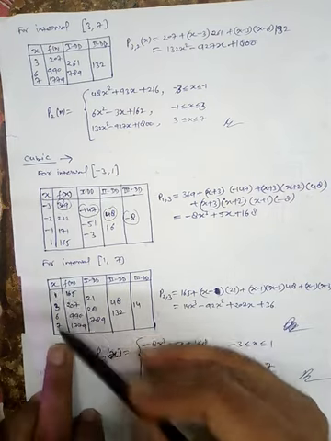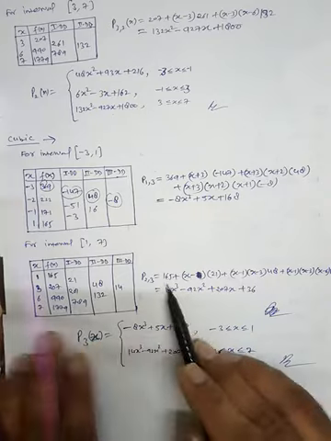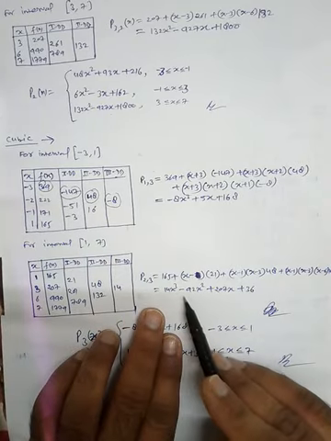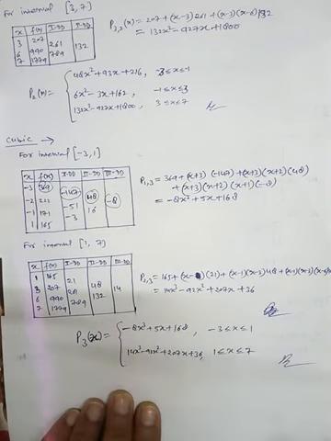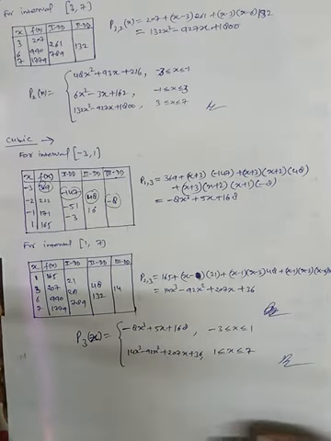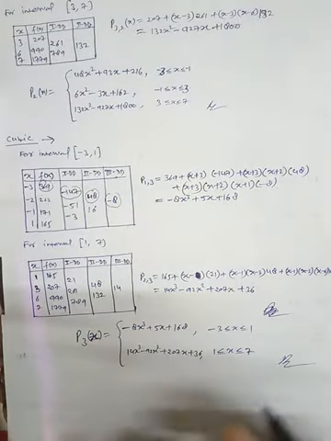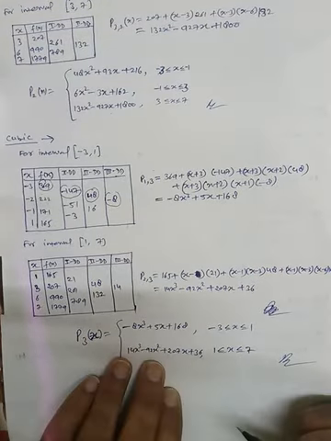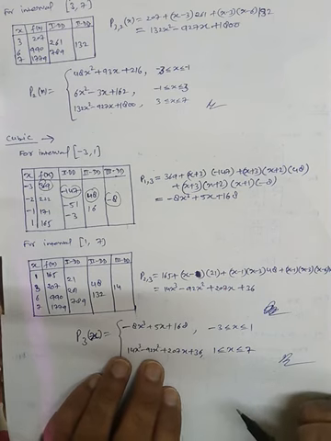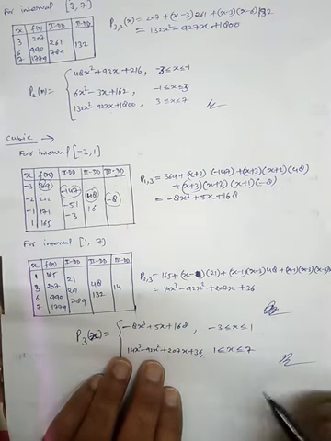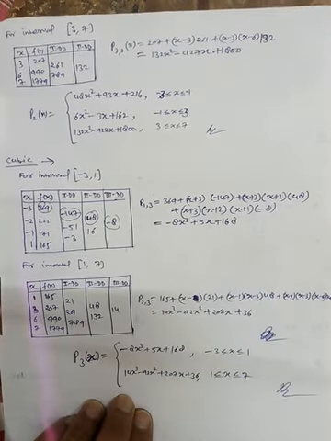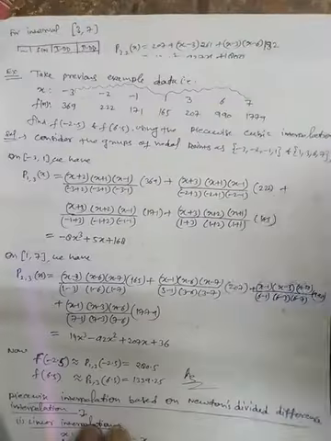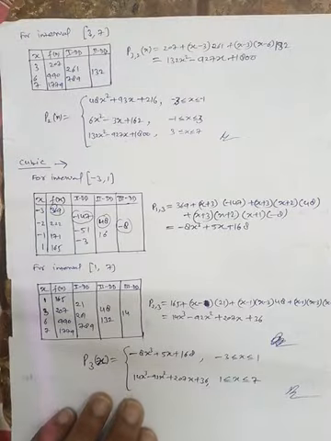Similarly, join the last 4 points and find the polynomial. We get 14x cube minus 92x square plus 207x plus 36. So we have 2 polynomials. This is about piecewise interpolation. Today we have discussed piecewise Lagrange's interpolating polynomials, in which we discussed linear, quadratic and cubic, and similarly Newton's divided difference. In the next video we will discuss piecewise Hermite type interpolation. Okay, thank you.